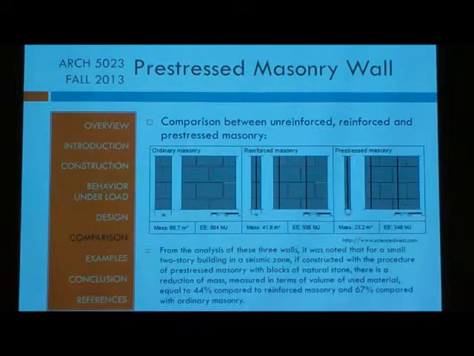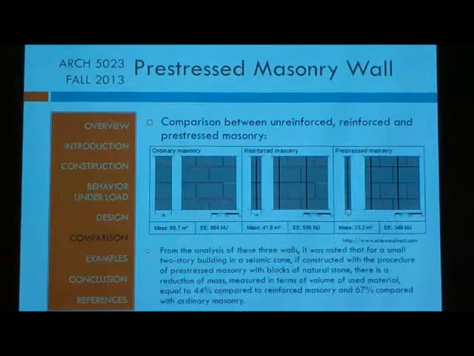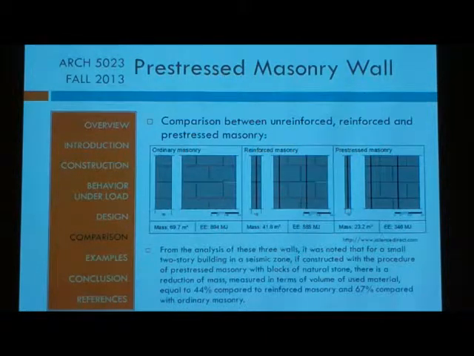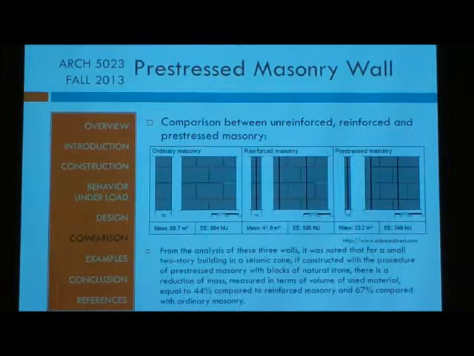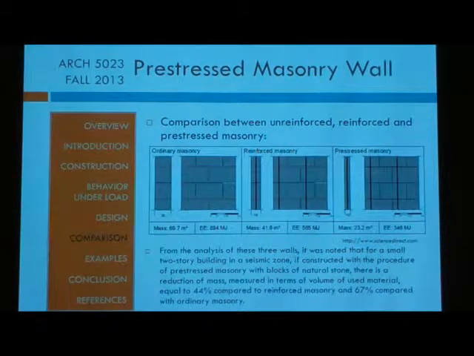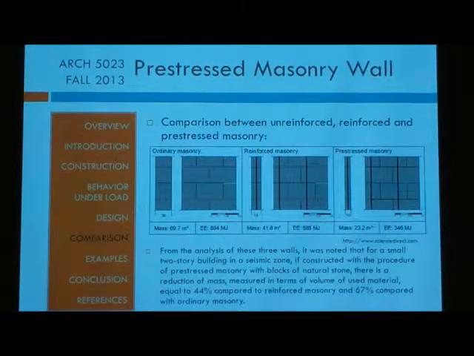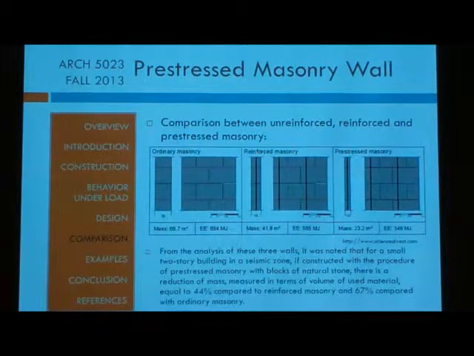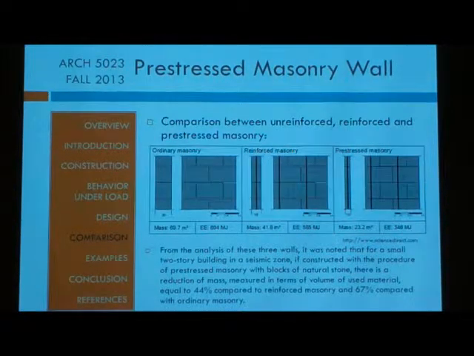Now, a quick comparison between an ordinary masonry wall, reinforced masonry, and pre-stress masonry. One of the things that you can look at here is the thickness and the mass per system. This is from a study where they did walls with the same capacity, trying to figure out how they vary depending on the systems used. From the analysis of these three walls, it was noticed that for a small two-story building constructed with the procedure of pre-stress masonry with blocks of natural stone, there is a reduction of mass, measured in terms of volume of the used material, equal to 44% compared to reinforced masonry